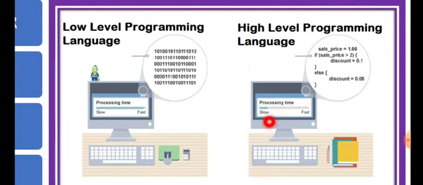But the advantage is that it is in the form of simple English, which you can understand. This is a drawback in low level programming language because you or I cannot analyze what it is all about. Hope you understood this concept, children.